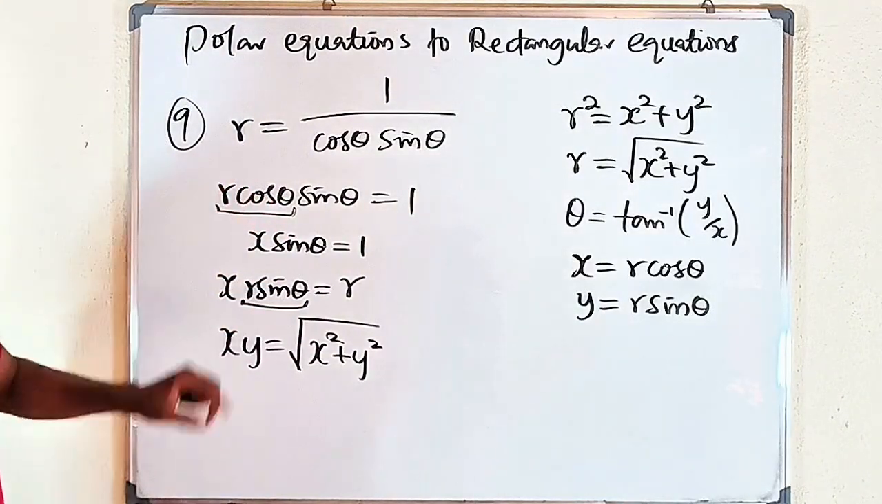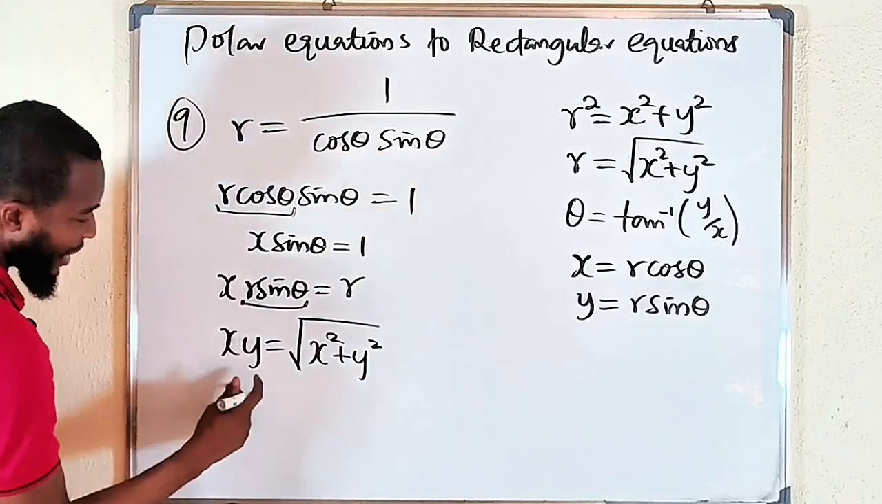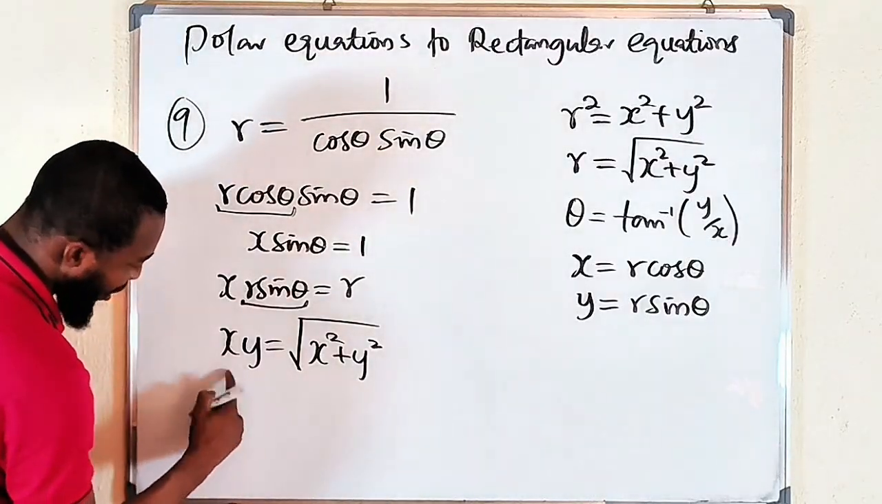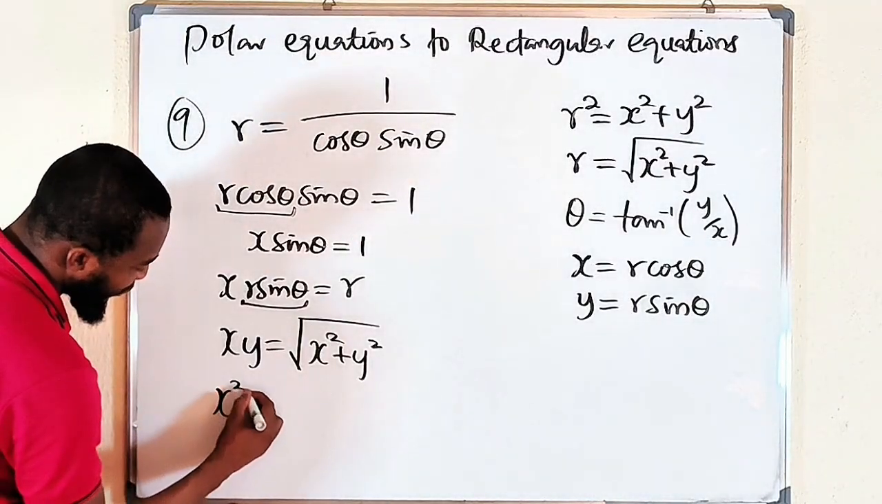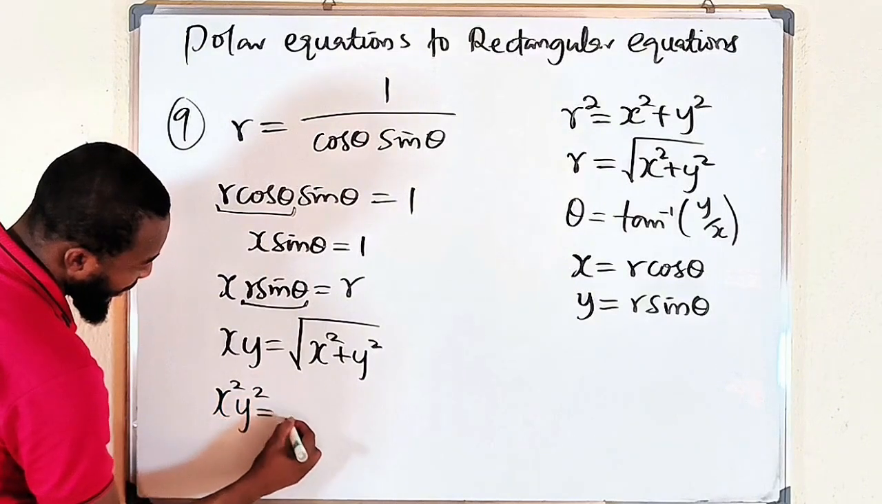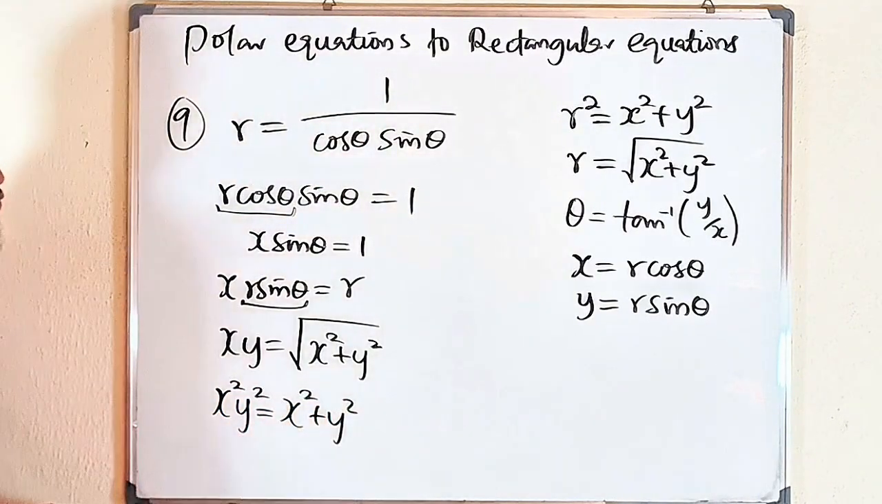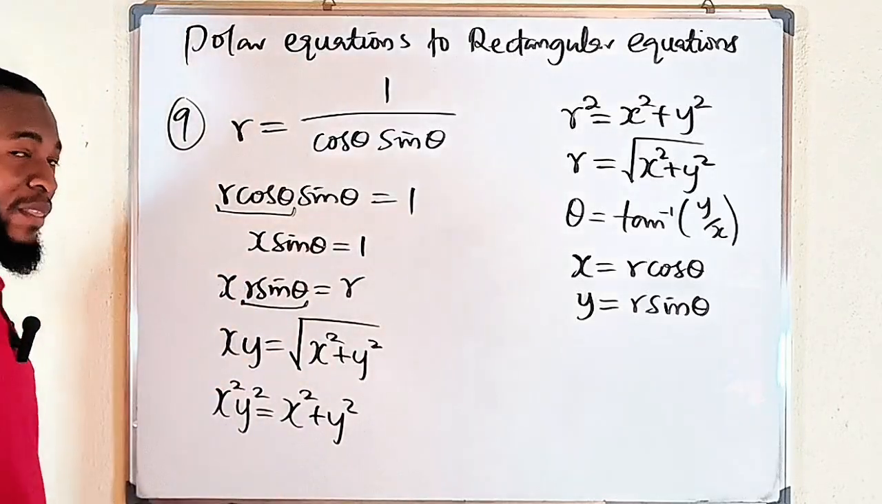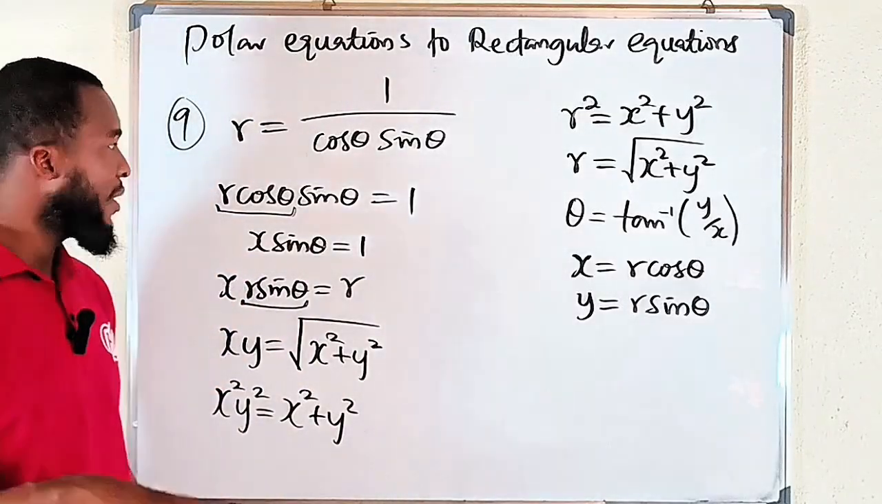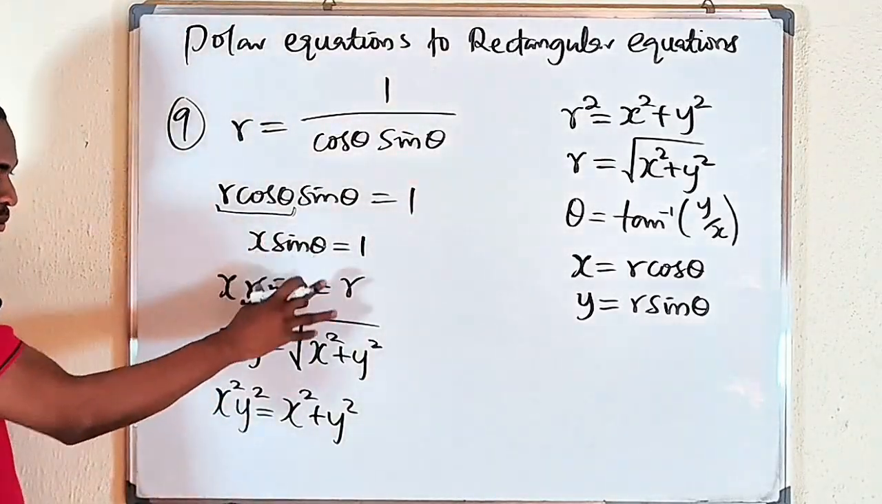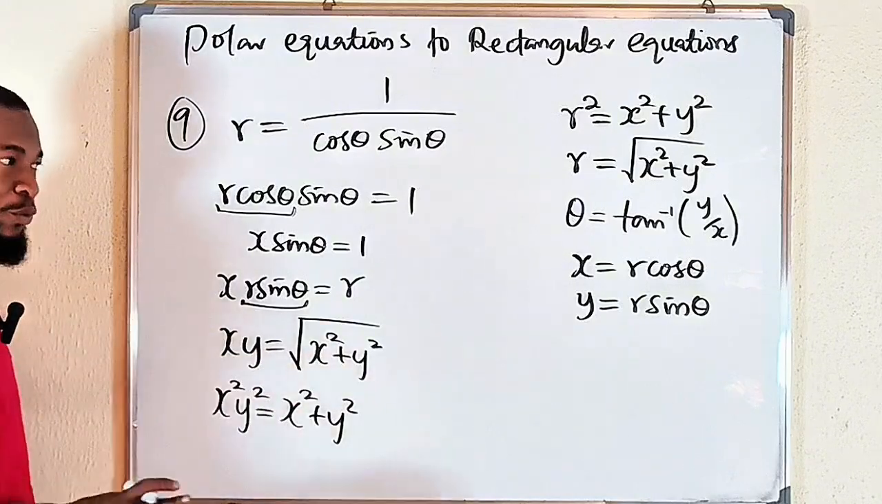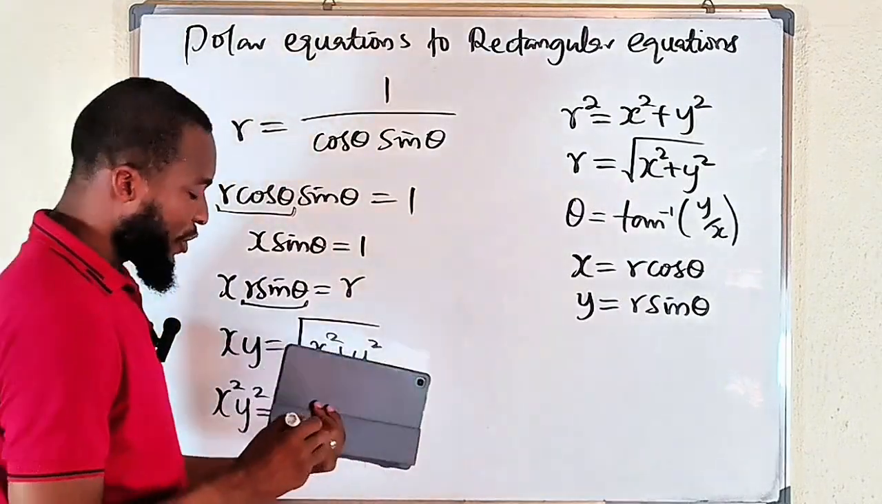the rectangular form of this, but if you like, you can also square both sides so that it becomes, square of this will give us what? X squared y squared equal to x squared plus y squared. Remember, I told you simplifying further is not necessary, but once you are able to transform everything in terms of x and y, you're good to go. Then the last question,